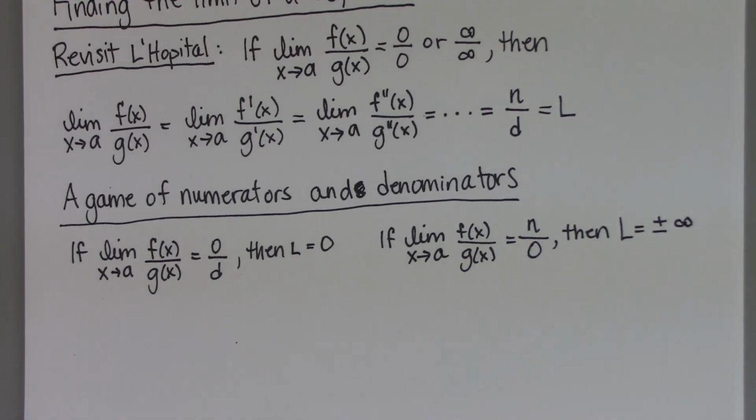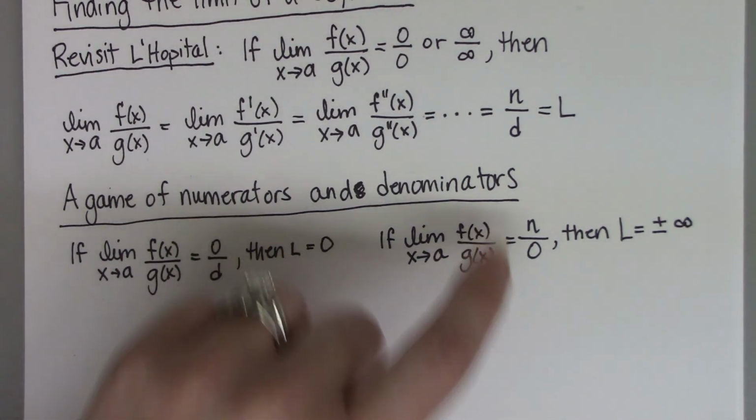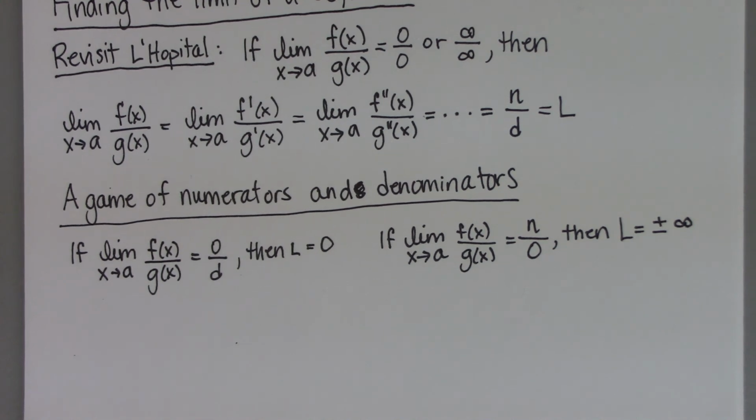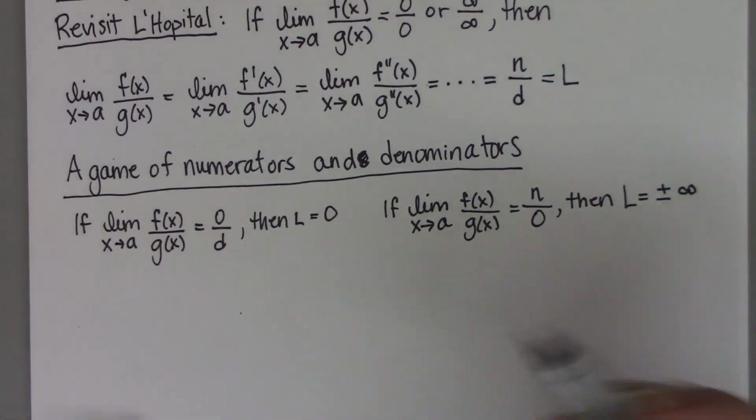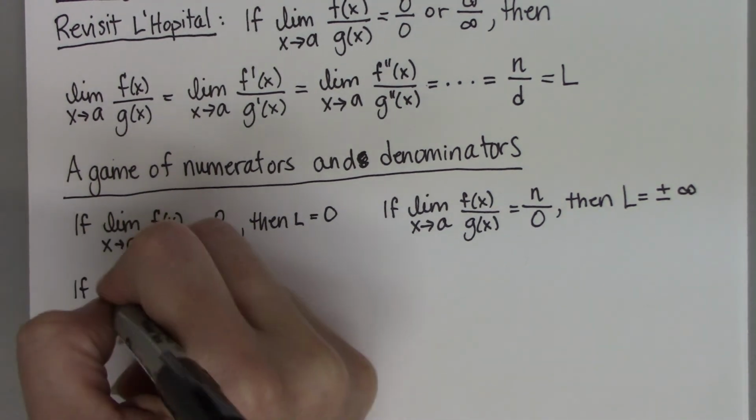It will be positive infinity if n is positive. It will be negative infinity if n is negative, because you're taking some number that's positive and dividing it into infinitely many pieces, so there will be positive pieces, or you're taking a negative number and dividing it into infinitely many pieces, and those pieces will remain negative. Right? But what if